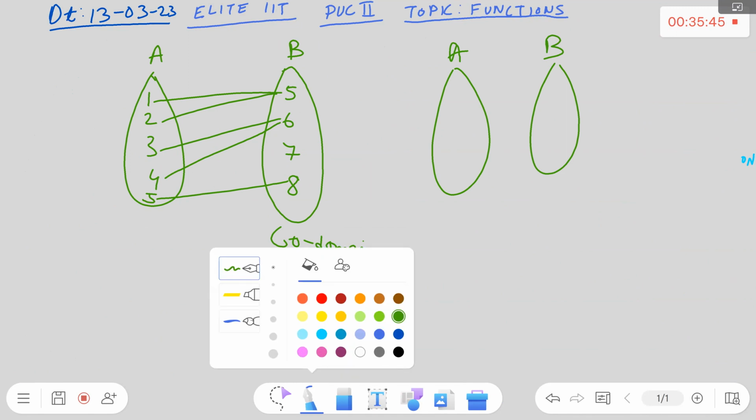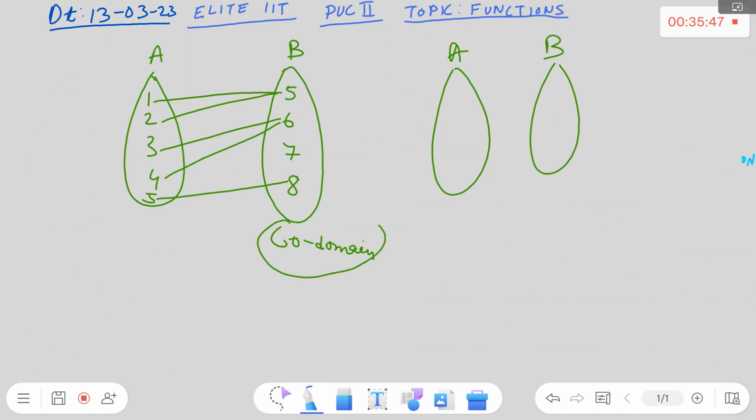Now, only look at the codomain set. In the codomain set, are all the elements included? No. Do all the elements have a pre-image? No, because 7 does not have a pre-image. Do all the elements in codomain have a pre-image? No. Then such functions are called into functions. What are into functions? Into functions are functions in which